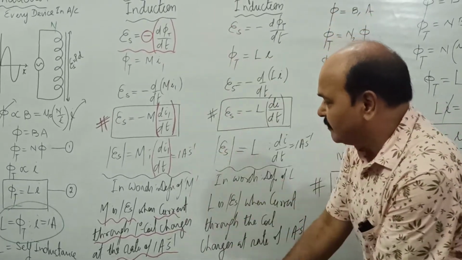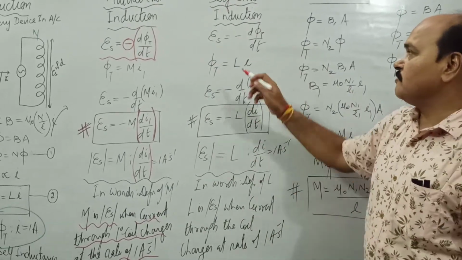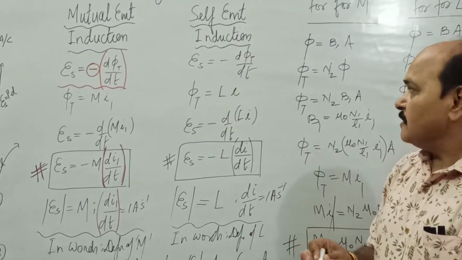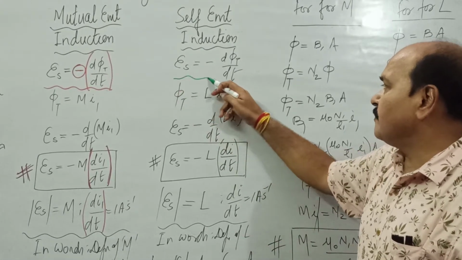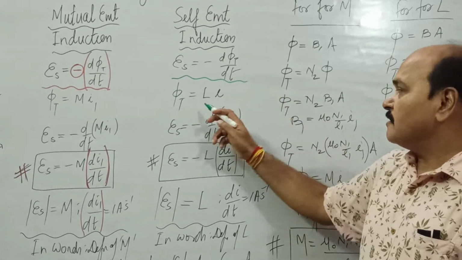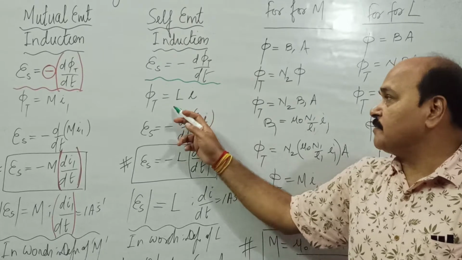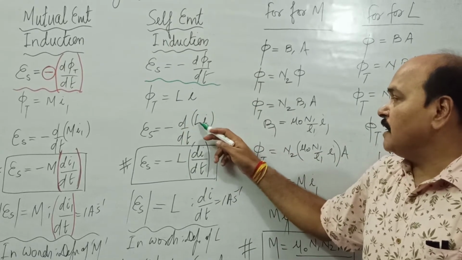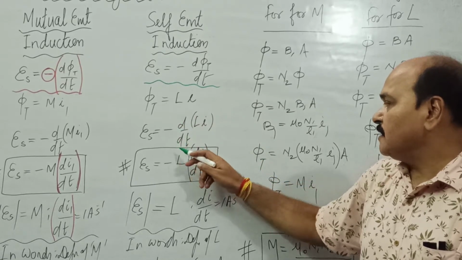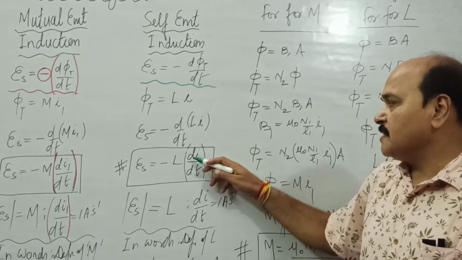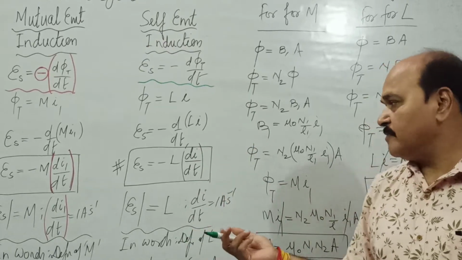Exactly the same way we have worked out for self-electromagnetic induction. As usual, induced EMF is equal to minus d phi by dt. This is nothing but the law of electromagnetic induction. Phi, the total flux passing through the coil, is L times I, and if you substitute this value here, this L being constant moves out of the sign of differentiation, and whatever is left within the bracket is di by dt. Di by dt is the rate of change of current.